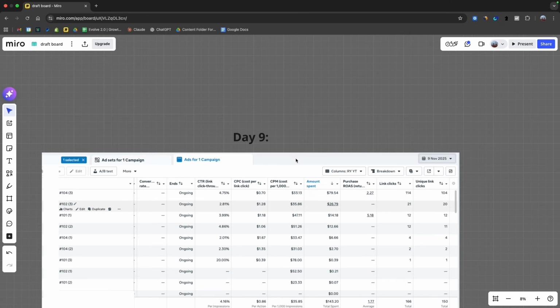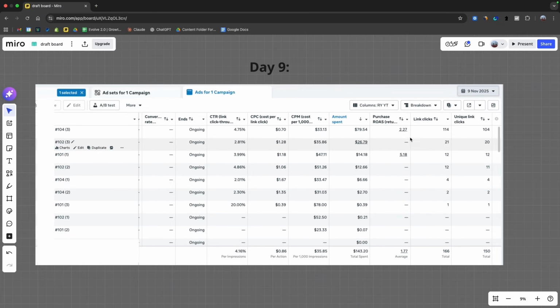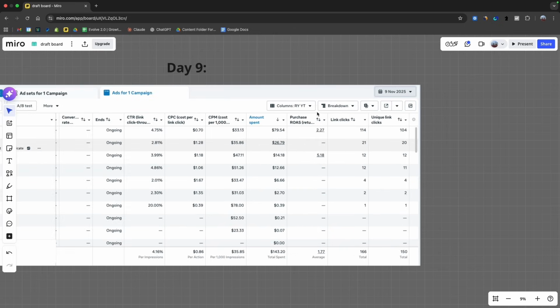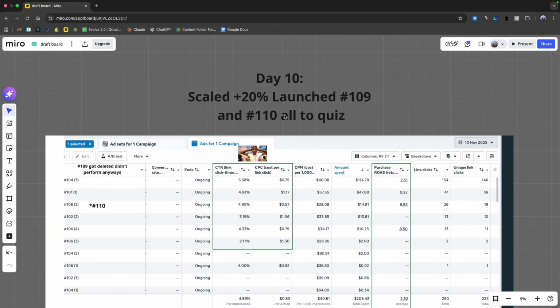Did I scale? No, I didn't. Still didn't scale. So day 9, we can see here again, this ad 104 now starting to get people to convert. Facebook starting to find the buyers in the market. 4.75% click-through rate, insane. Very strong ROAS there, and this is where day 10, this is where stuff